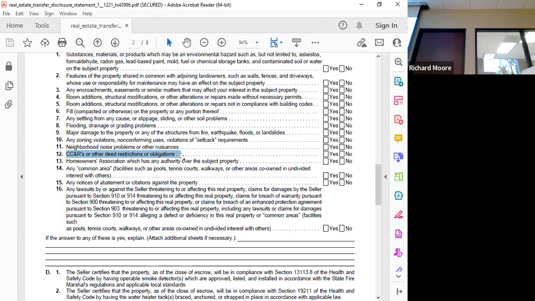So what I would do, I review the budget. I want to see if the budget is under or overfunded. Usually I see funding to be well below the recommended amount. So that's something to point out to somebody. What does that mean? It's well below, or it could be a special assessment coming. And then I would look at all the minutes. That's very simple. You can see if there's any discussion about potential special assessments or changes in regards to the HOA dues.